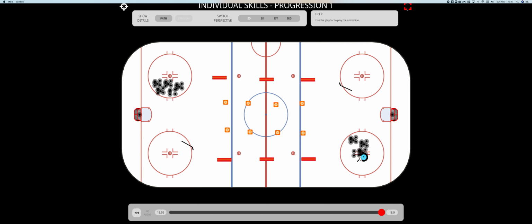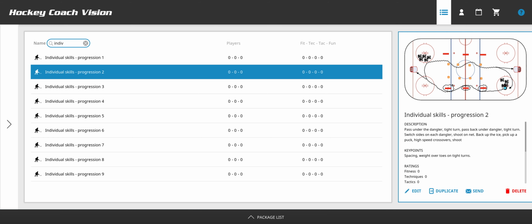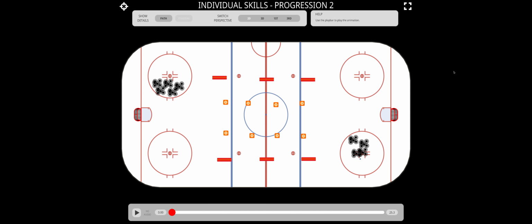The next progression is just as simple. Exactly the same setup, so you actually don't need to stop the players in between if you don't want to. I've run this drill as 20-25 minutes of continuous motion, and you just let the players take water breaks whenever they want to, whenever they need to. Next progression is